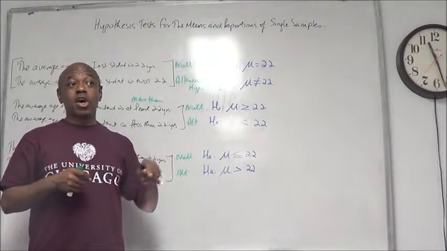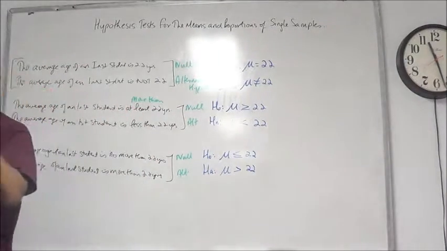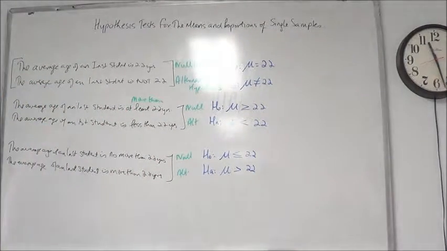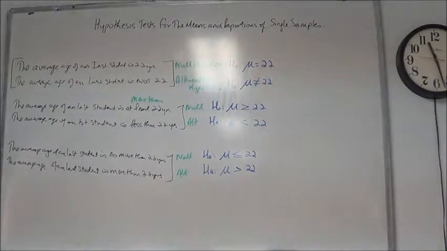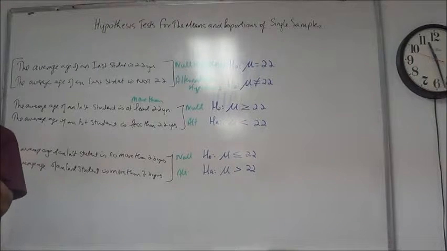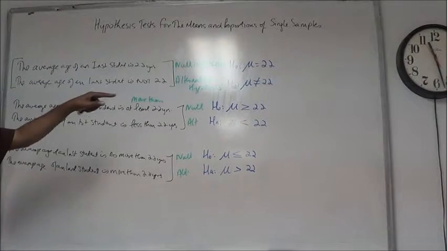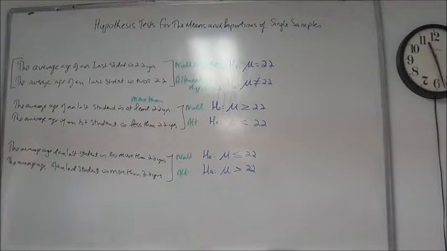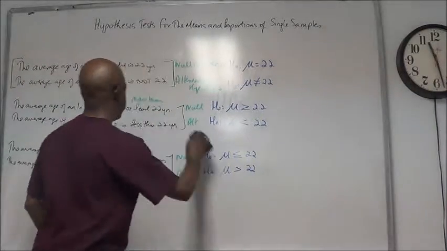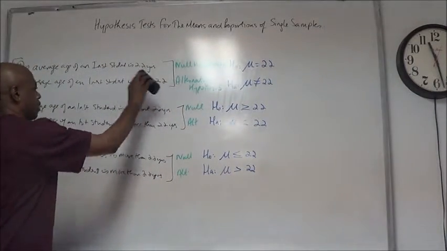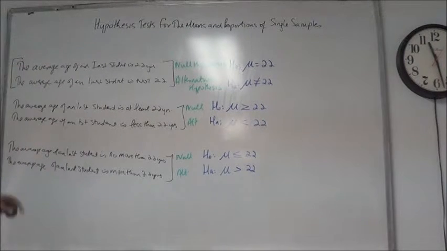So that is to say, no matter how you feel, no matter how you want to think that, oh, it said more than, or it said less than, so I'm not going to put the equality sign. That would be an enormous problem. You always want to, no matter what you do, put the equality sign in the null hypothesis. Otherwise, you're going to have an issue with the distribution. So that's caveat number 1.